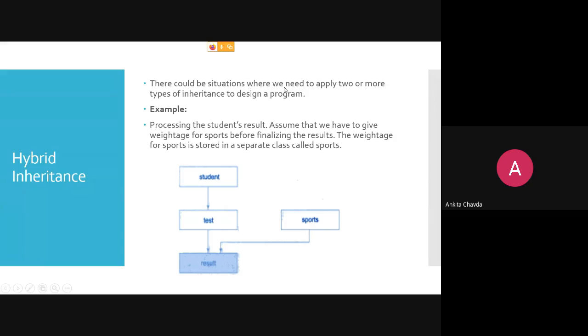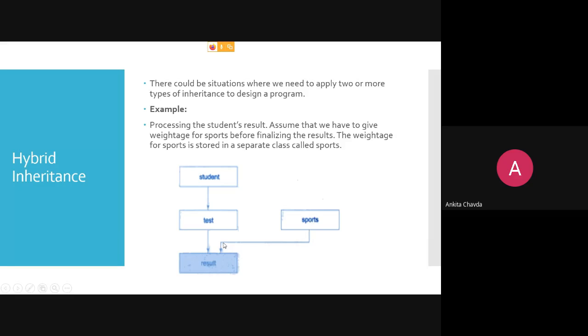So there could be situations where we need to apply two or more types of inheritance to design a program, right? Example, we have the processing of the students' result, like assume that we have to give the weightage for sports before finalizing the results. So the weightage for the sports is stored in a separate class which is called sports.